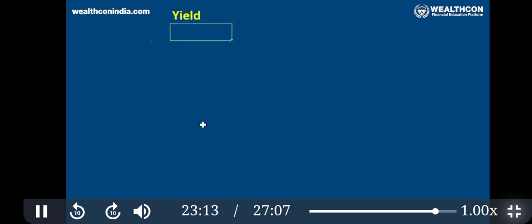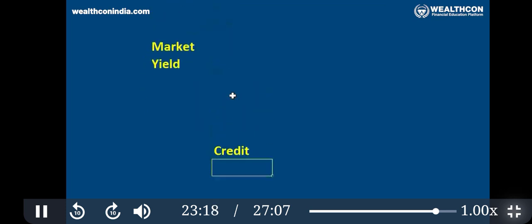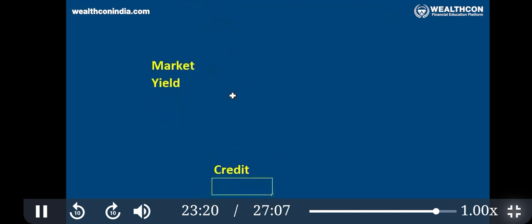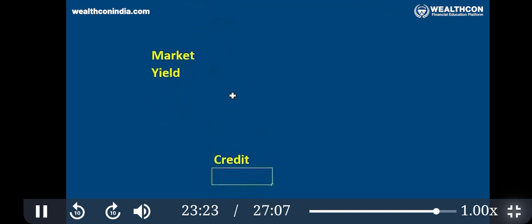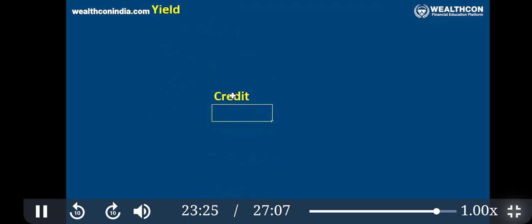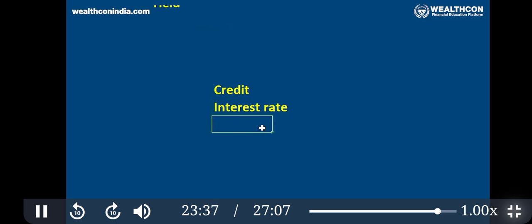In case of investing in debt products, what are the risks? One is called credit risk: what if the issuer does not give you back the principal or interest? That is credit risk. Then there is interest rate risk, and other risks like economic risk, liquidity risk, and so on. For credit risk, we usually invest only in government securities, which do not have credit risk. So the only risk for the debt product is interest rate risk.